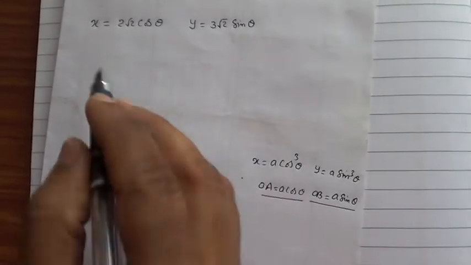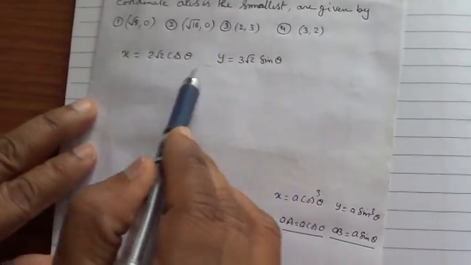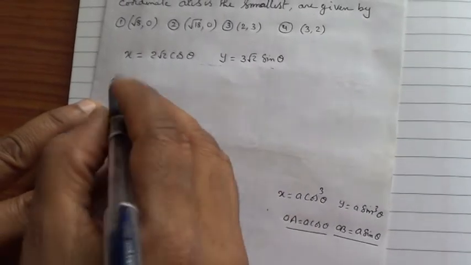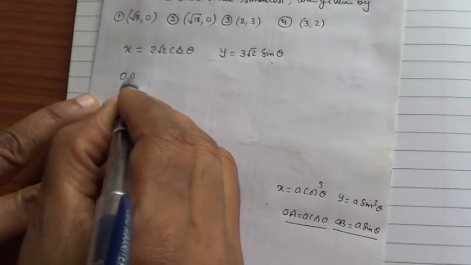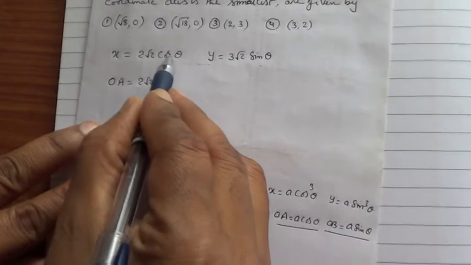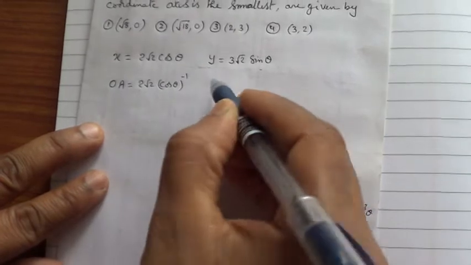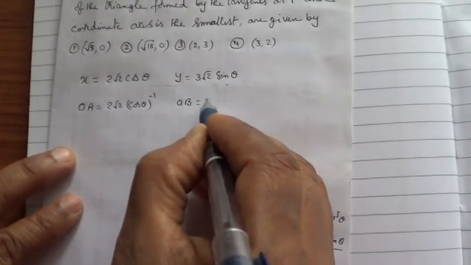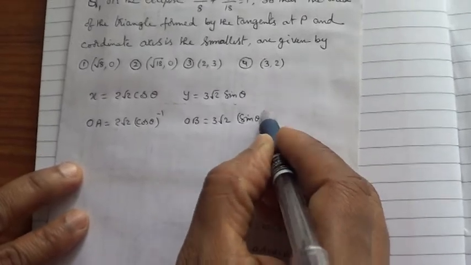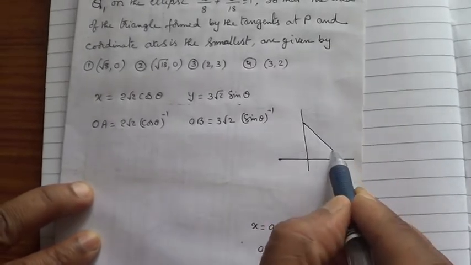So with the help of that, can you tell me now, the tangent drawn to this curve whose parametric equations are given in this way meets the x-axis at a point A. Tell me what is OA? OA is nothing but 2 root 2 into, the power reduced by 2, so you will get cos theta whole to the power of minus 1. What about OB? Here also the power is reduced by 2, so you will get sin theta whole to the power of minus 1. Are we getting the tangent like this, right?